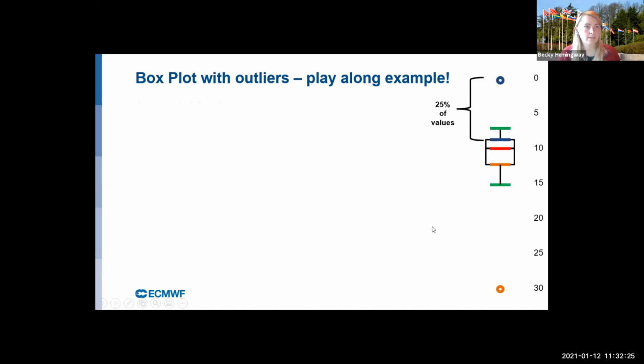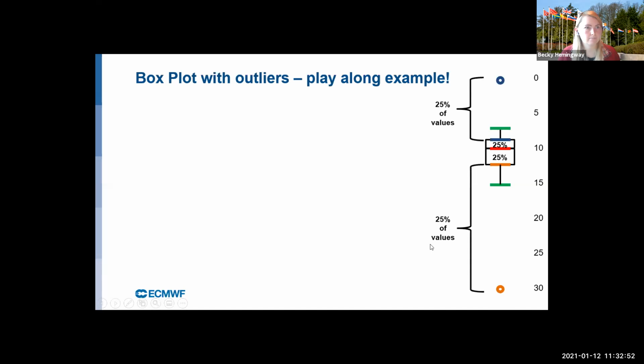So again, what does this mean? Well, 25% of values are below the first quartile, and this will always be the case. So anything below the first quartile is 25%. We have 25% of values between the first quartile and the median, another 25% between the median and the third quartile, and we've got 25% of our values between the third quartile and our